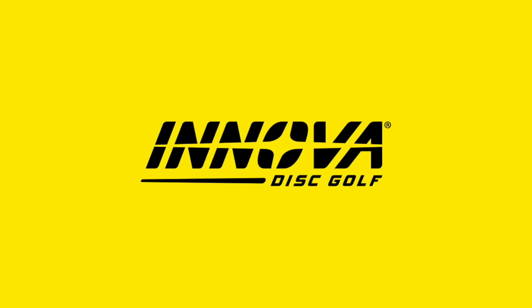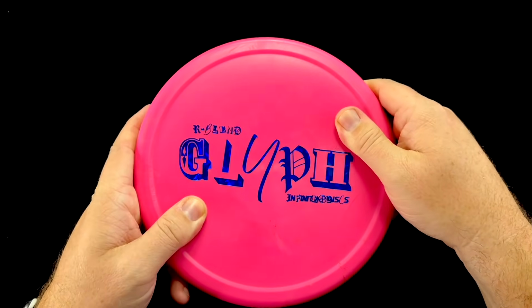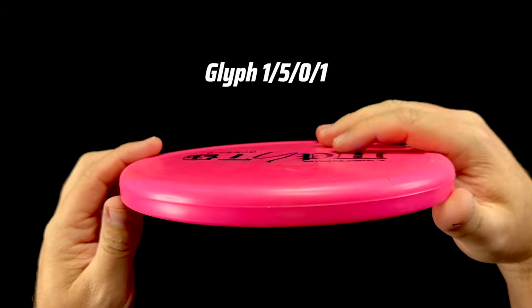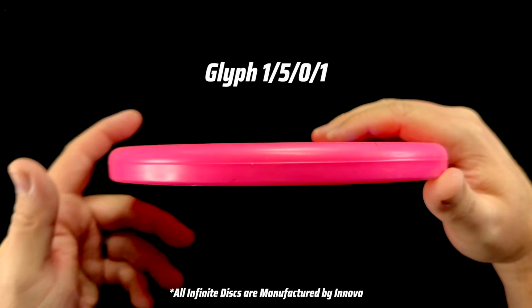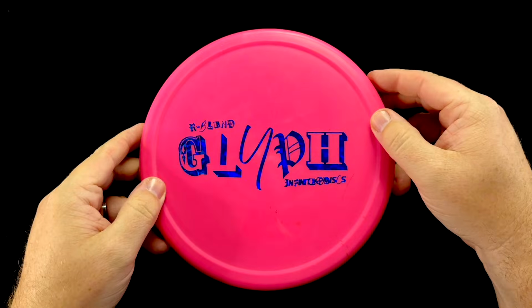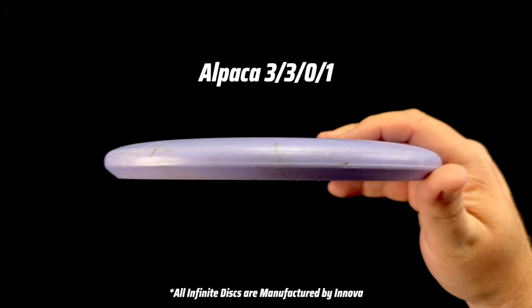In addition to changing stability, we're also mixing things up and changing brands today and moving to an all Innova-made lineup. Because Innova doesn't really have any overstable-ish 1-speed discs, the closest we could come up with is this R-Blend Glyph from Infinite Discs. R-Blend is similar to Innova's R-Pro plastic, and the Glyph feels like a polecat with a thumb track. Quite unusual. Moving up in speed from there, we'll be throwing the 2-speed Champion Rhino, a 3-speed Infinite Discs Alpaca,